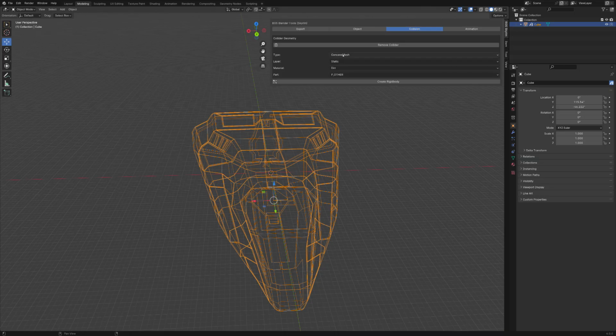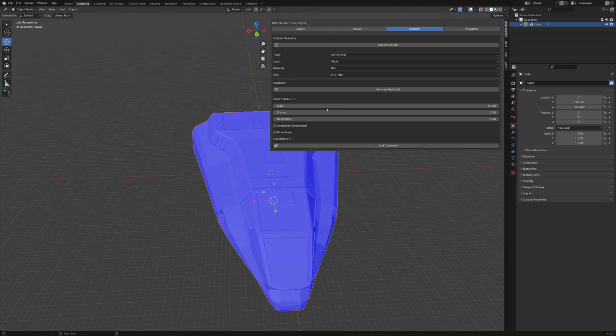So for this, because it's an exterior, I would go to convex hull, and then I would go to create rigid body. Now here you can actually set the mass of your body. This really doesn't matter that much, I'll be honest with you, unless you are making something that's going to be havokable, something small that you're going to be able to kick around in the world,